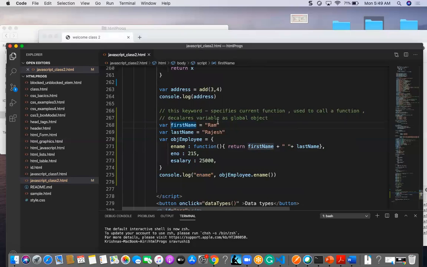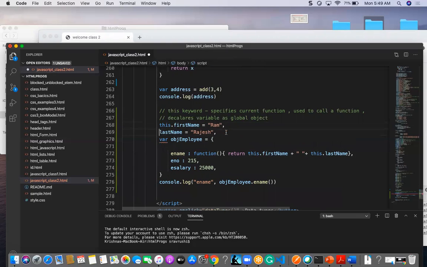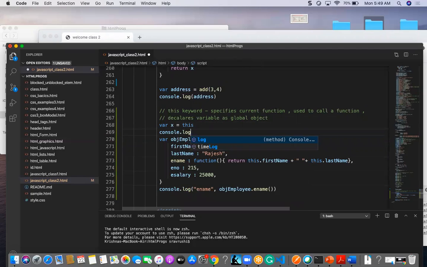Suppose I will revert my previous change. Suppose if I want to check what is there in this at the very first initial point. Console log and x, this value.